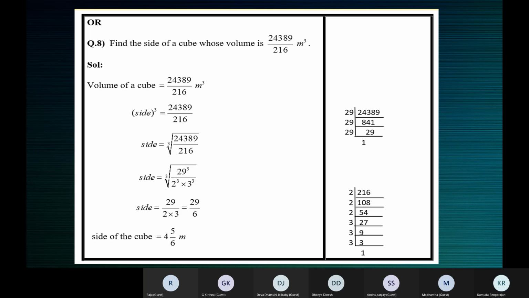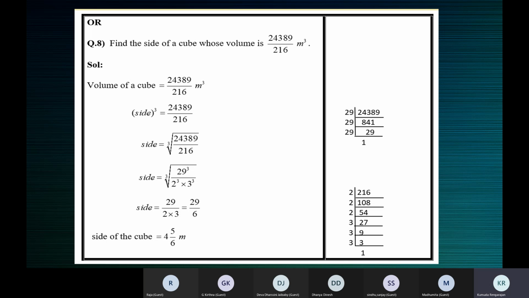In a cube, the length is equal to the breadth is equal to the height. So if the volume of the cube is given to be 8 meter cube, then the side, meaning side or edge or length, breadth, height, will be equal to 2. If the volume is 8 meter cubed, then each edge, or you can say side, will be 2 meters because 2 into 2 into 2 is 8.